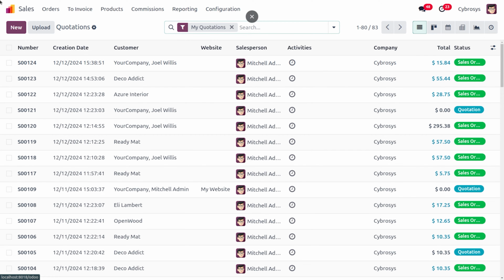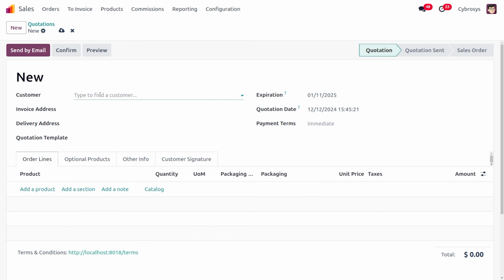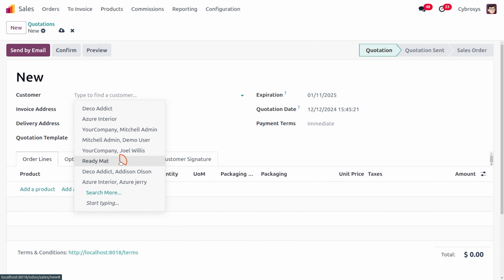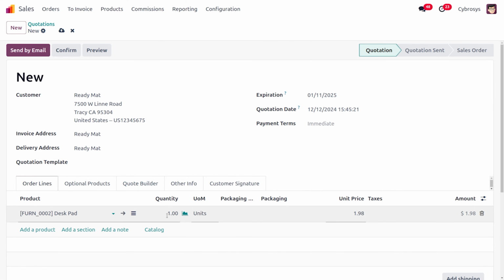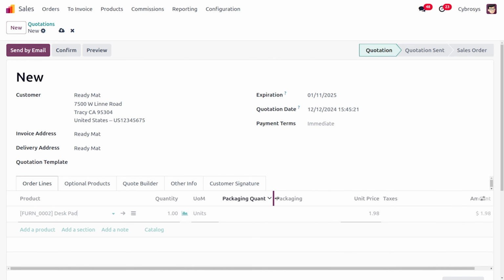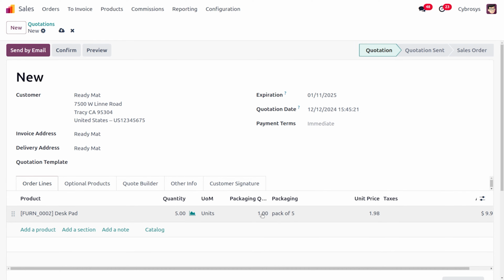we won't be able to sell the item. So let's move on to the sales module, and here you can choose a customer and then choose the product which is desk pad. As I choose one quantity, you can see there is no change in the packaging quantity and packaging. Now let me set the quantity as 5. As I set the quantity as 5, you can see that the packaging quantity is 1, which means in one package there will be 5 quantity, and we can sell properly over here